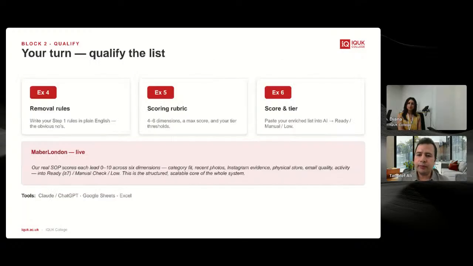So, if you are looking at these slides or this session, I encourage you to do this exercise. Write down your rules in a Word file or Google Doc. They can be simple rules. For Google Maps businesses, if they got more than 100 reviews, remove them. If they are very old, also remove them.